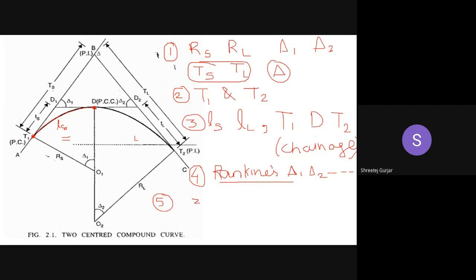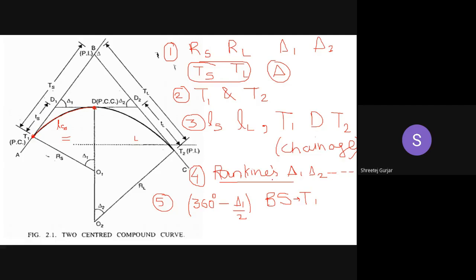That particular angle is 360 degrees minus delta 1 by 2. This particular angle you have to set in your vernier scale A. And then what you have to do, take backside on T1. Once you set this, you have to clamp your upper screw so that this angle does not change. Then loosen your lower screw so that the angle does not change, but you can change the direction of your theodolite.